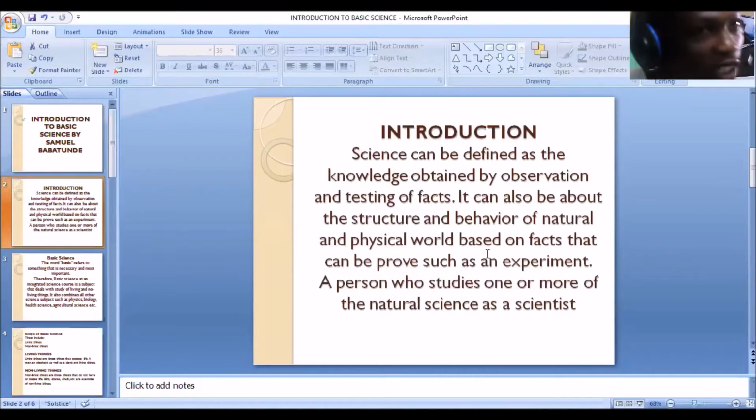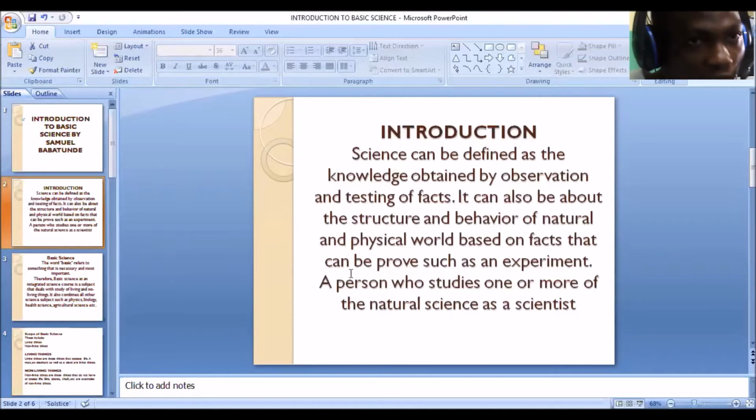Now, I know you've been hearing of experiments, people carrying out experiments. The main aim of an experiment is to provide proof to lay down theories. Back then, our first scientists gave us many theories and many laws, but these laws or theories had not been proved. So now recent scientists come up with experiments to prove and validate these theories and make sure they are well accepted in science.